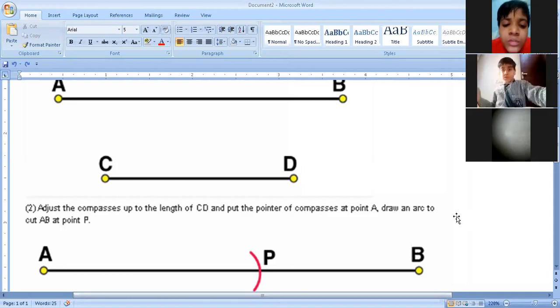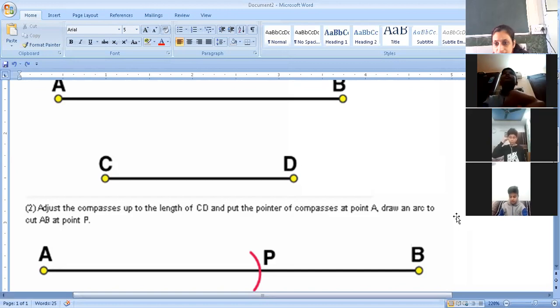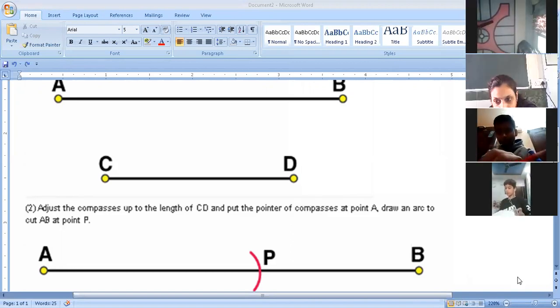Do it, children. Measure CD with the help of compass. Put your compass on CD line. Measure it with the help of compass.